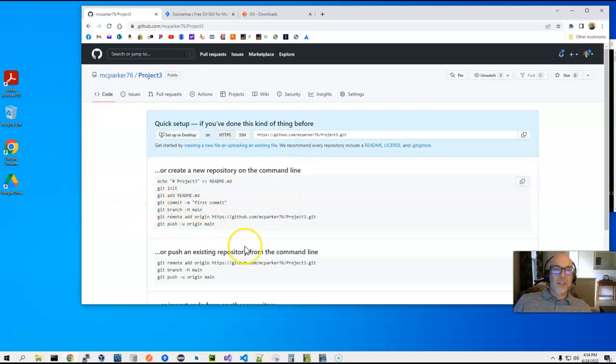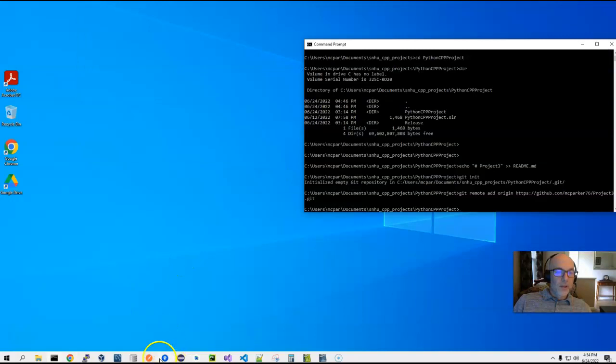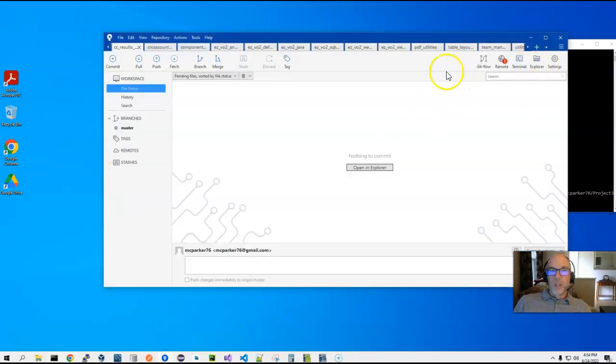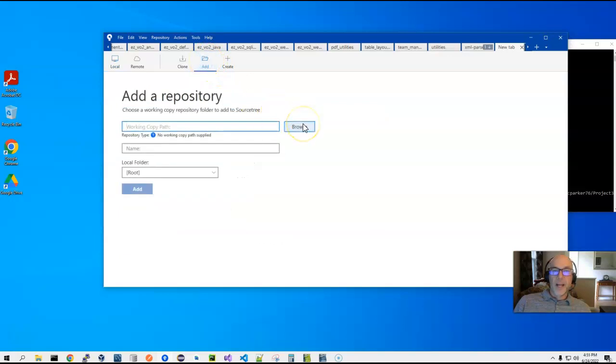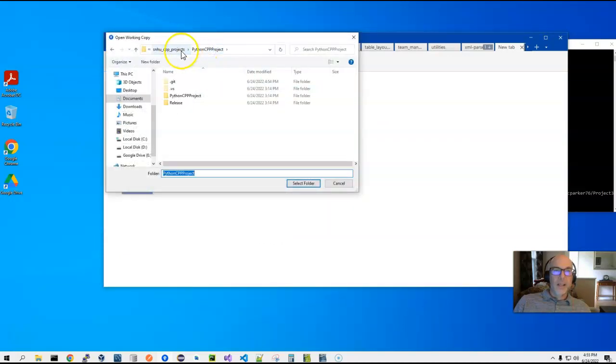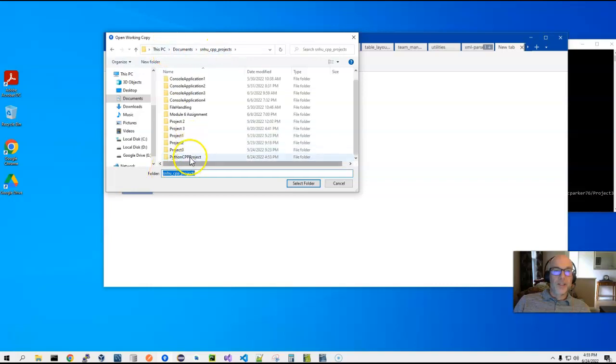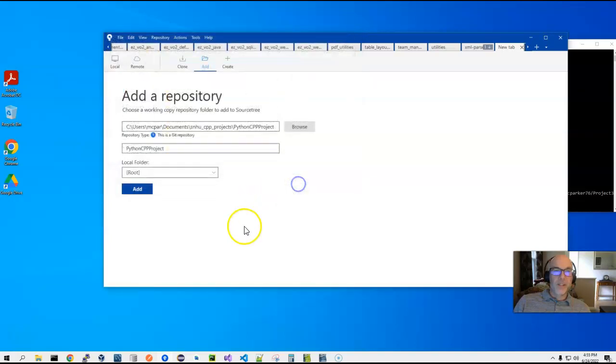Now, I don't want to do any of this other stuff because I want you to see how you can do this in SourceTree. So I'm going to go into SourceTree, and I'm going to click on this add button. Again, Mac people, it's going to be a little bit different. You'll be able to find this same thing, and I want to click add. I'm going to browse to my SNHU projects, and I want the Python project folder there. So I want to be at the upper root of my Python project, and I can see that it's a Git repository. I have the blue add button enabled. When I click add,